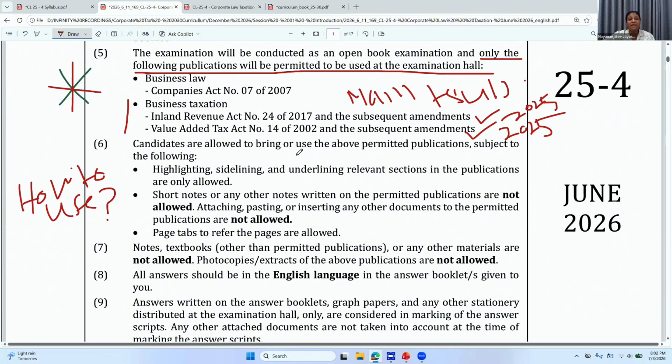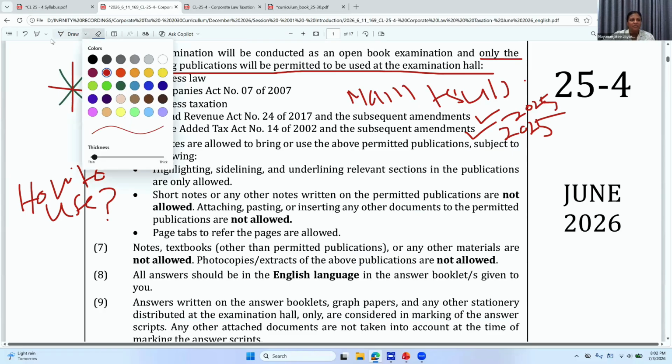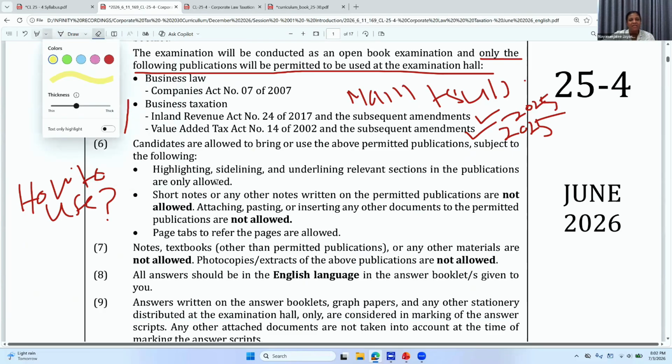The candidates are allowed to bring or use the above permitted publications subject to the following. These are critical to remember and correctly apply. There are things which you can do, and there are things you cannot do. What you can do: